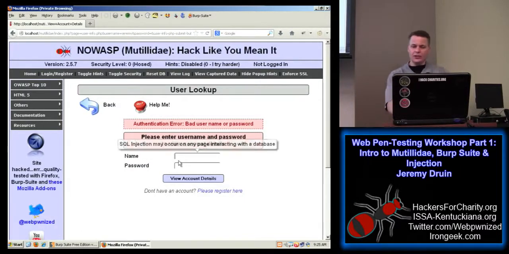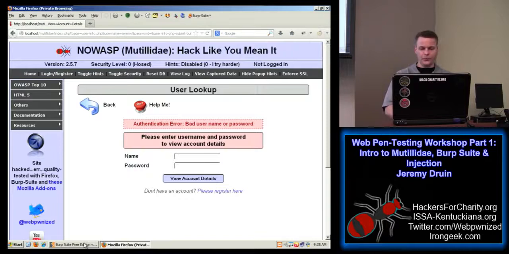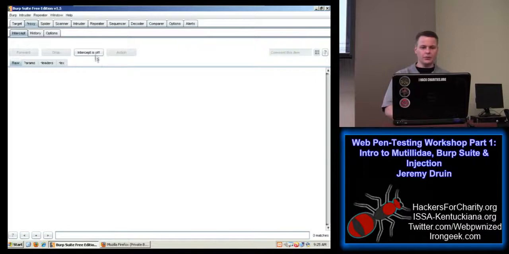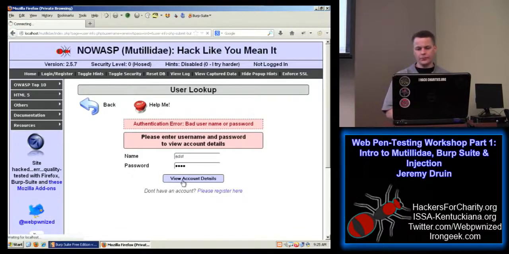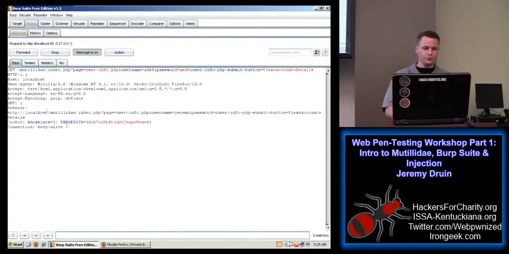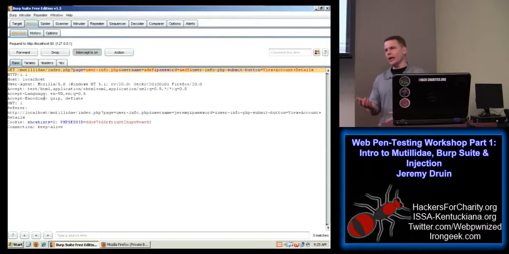So to find the injection points in this page, I'm just going to make a request, it doesn't matter what it is, and then capture it in the intercept of Burp Suite. So we'll submit the form, and here we can see the request. There's three basic places I'm going to look right away. I'm going to look at the URL to see if there's any query parameters that are passed. Could be a GET or a POST. The GETs will typically have the URL query parameters most of the time. If it's a POST, we're going to look for those same parameters down here in the body.